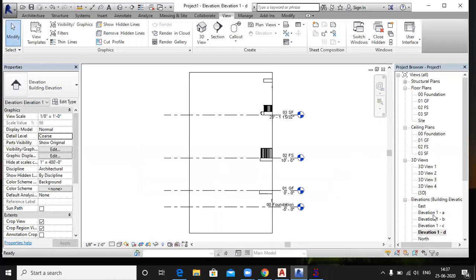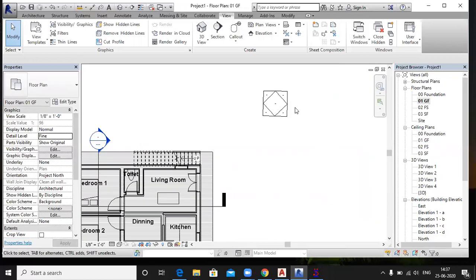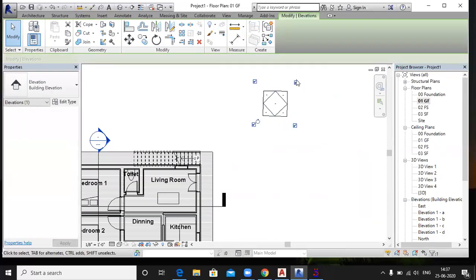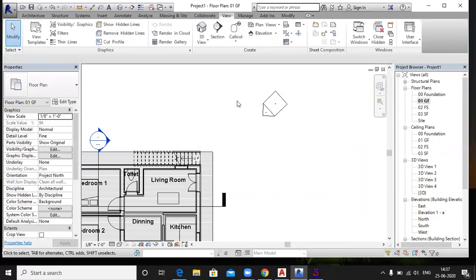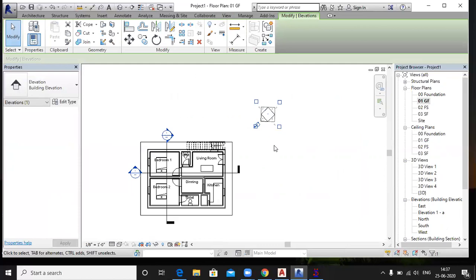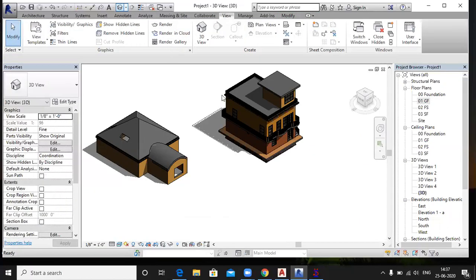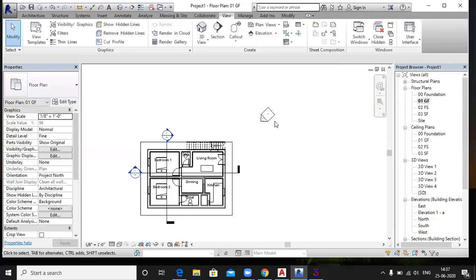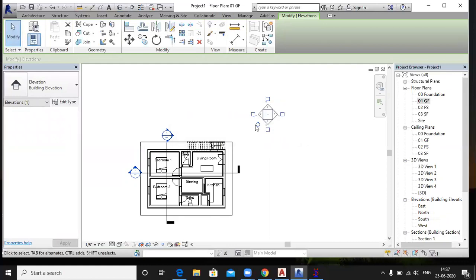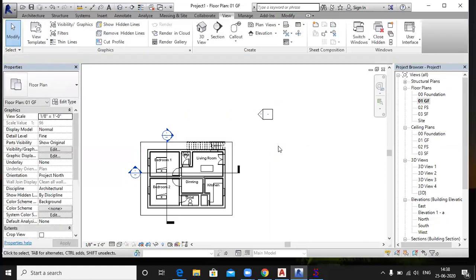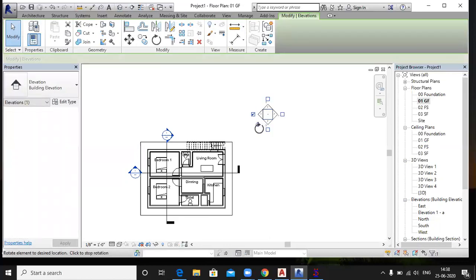See, the building is not seen properly, right? Because of this, uncheck this. If you select this, the 3D view, correct.